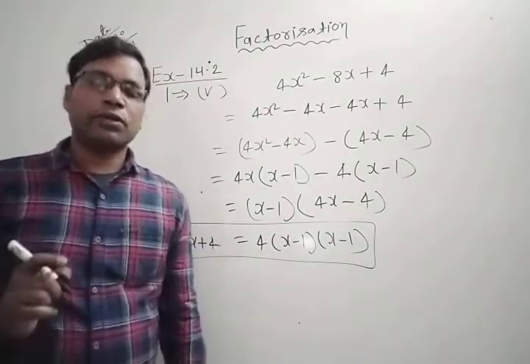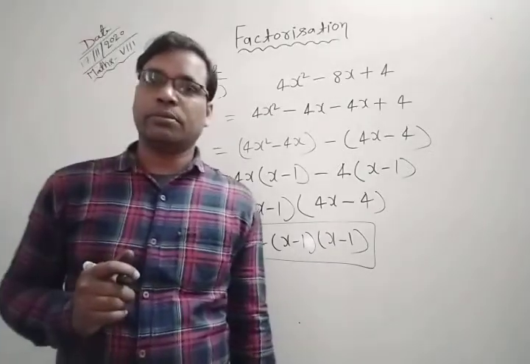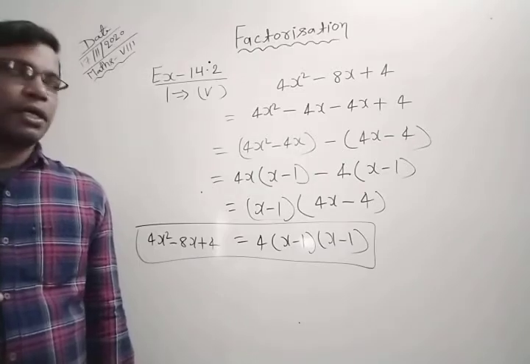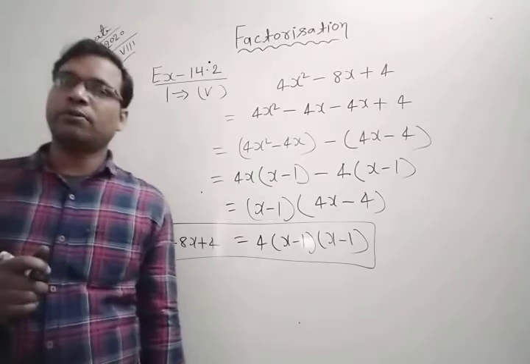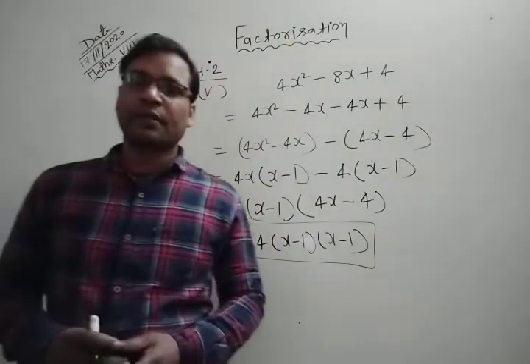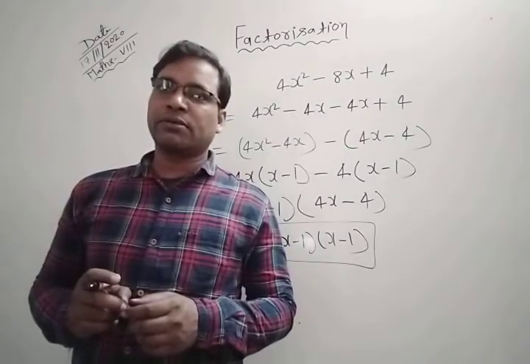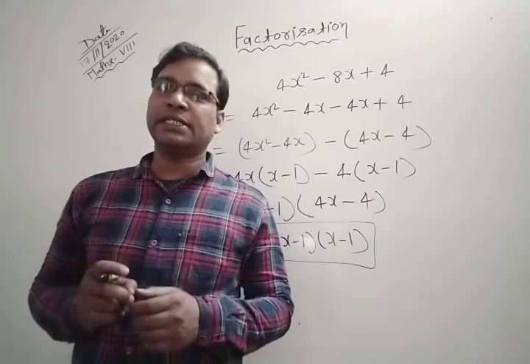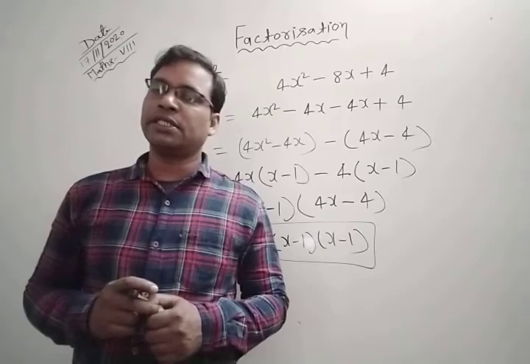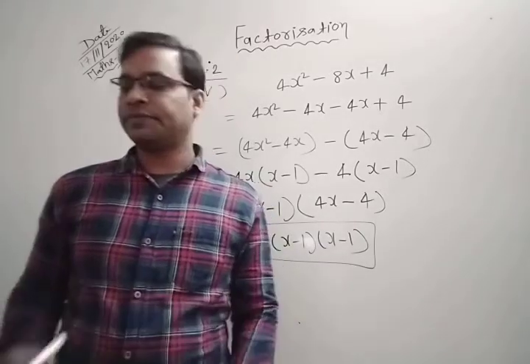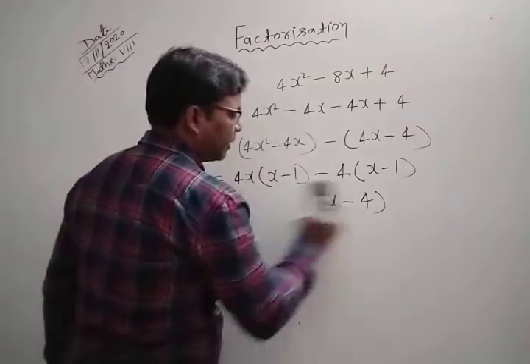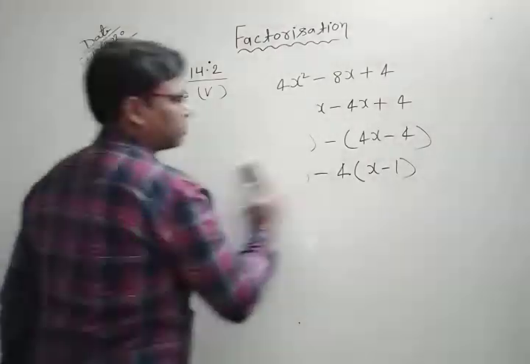Now we are going to discuss the sixth part of question number 1. What is the sixth part of question number 1? It has the square of L plus M minus 4LM. Now let's see how to find the factors of part 6. Part 6 is given here: 121 b square minus 88 bc plus 16 c square. So first we erase this, and after this we find the factors of the sixth part of question number 1.